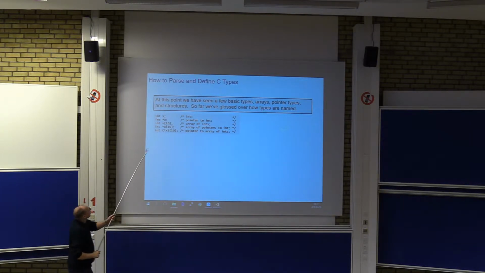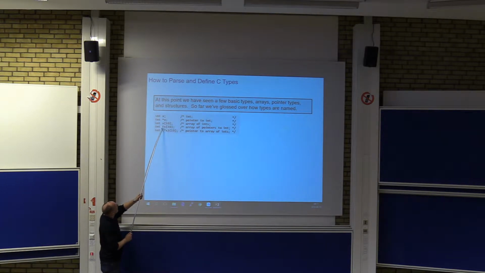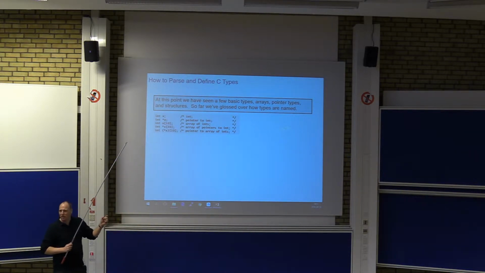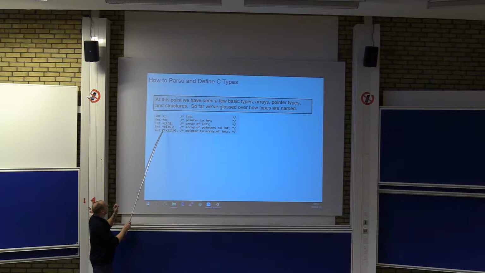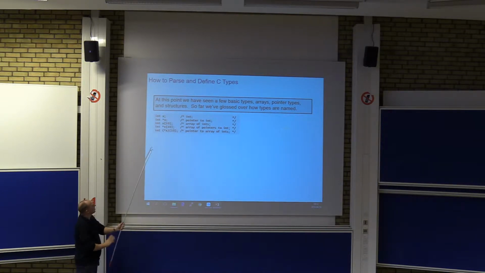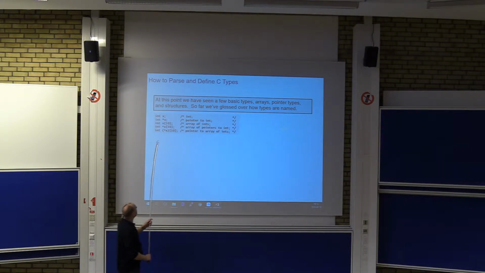Okay, so now you need to know if x here is a pointer to an array of integers, or is x an array of pointers to integers? To figure this out, you need to know the precedence rule of C, which can be a little bit complicated, so sometimes it's better to put in parentheses here to explicitly denote what you mean. But in this case, it means that,